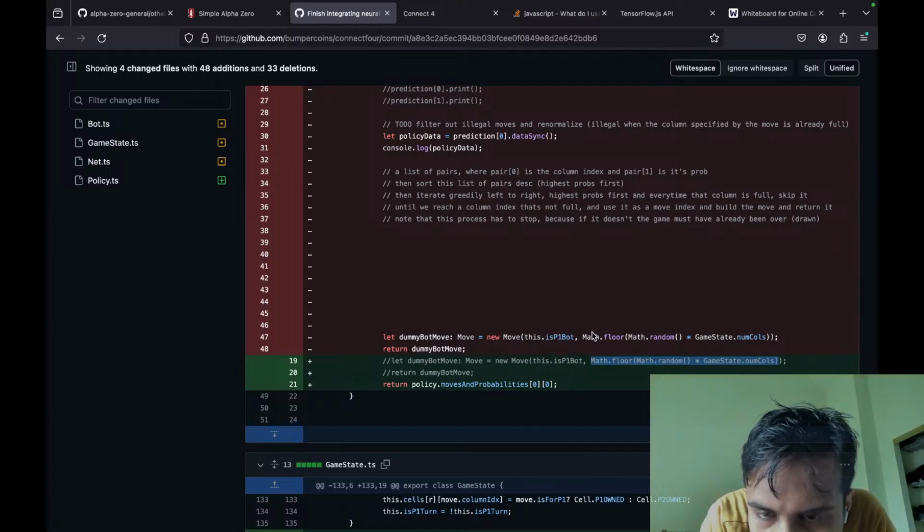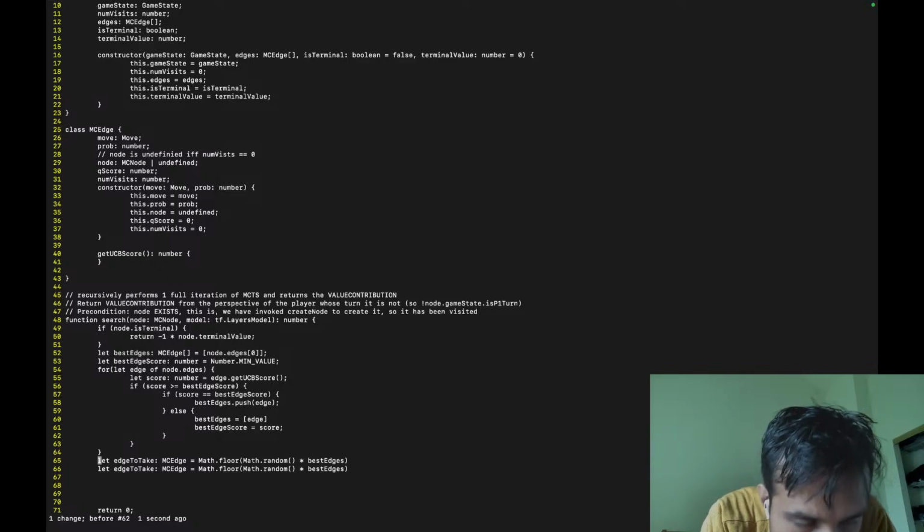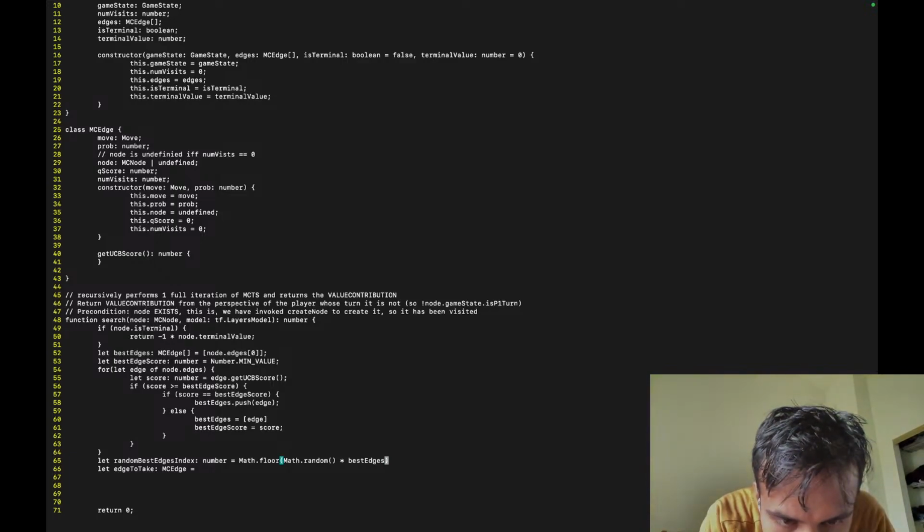The move is the column index. This is whose turn it is and which column to select. So let's copy that here, right? Instead of gamestate.num columns, we want to use best edges. Oops, best edges. So let's copy this and paste it there, delete that, and let random best edges index number equal this thing, right? Best edges dot